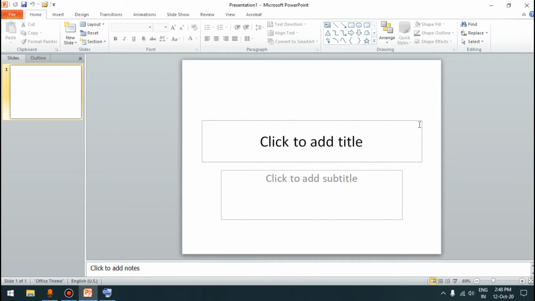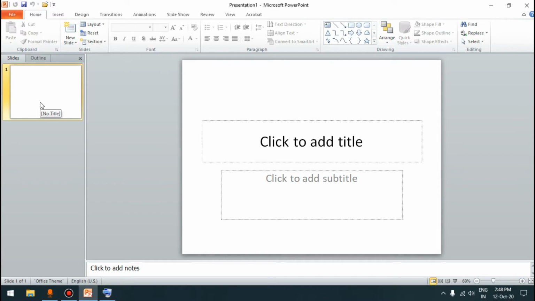Text box, or a placeholder, is a hatch mark border where we can enter text. Text means words, sentences, or letters. How to enter text we will discuss in the upcoming topic. Layout means the placement. Placement means where they are positioned on the slide. So in different layouts, these text boxes are present at different locations on the slide.